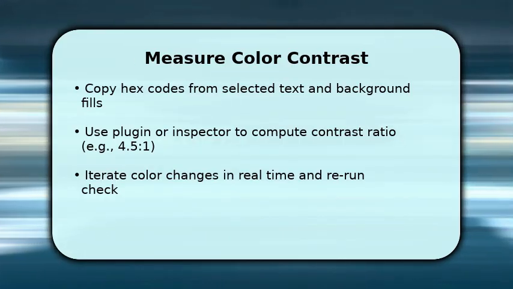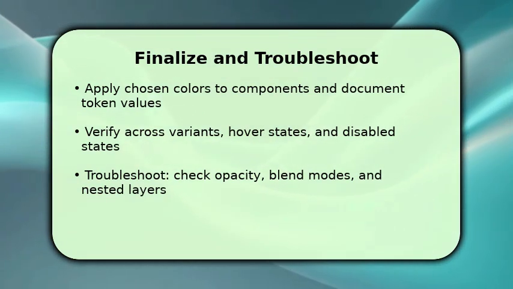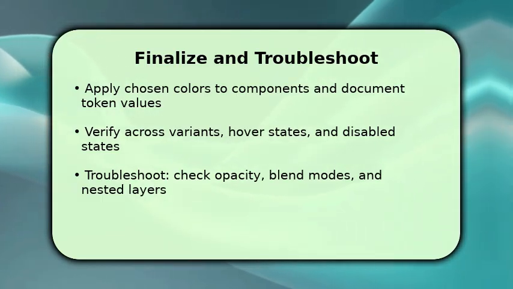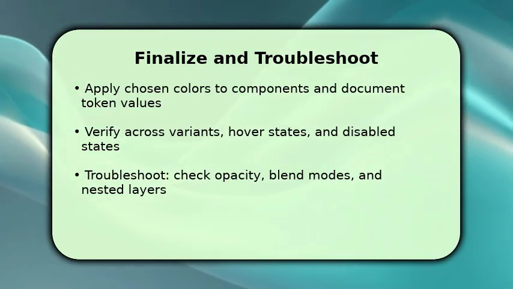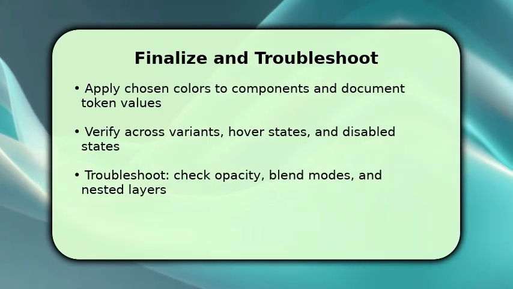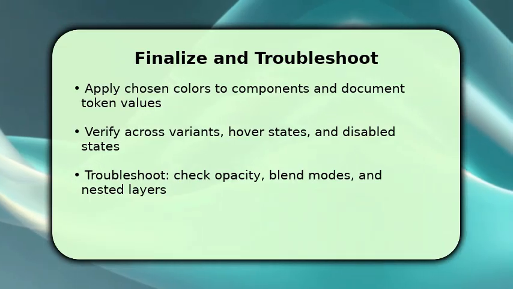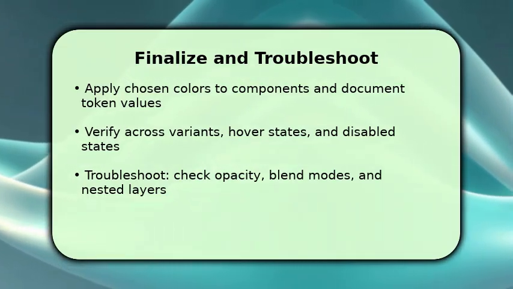Finish by applying the approved color pair to components and save tokens or styles so you don't regress. Then test variants and states, hover, disabled outlines, because altered opacity or overlays can change contrast. If the ratio is unexpectedly low, check for layer opacity, blend modes, or color effects. These often cause wrong readings. Also inspect nested backgrounds or gradients. Isolating a single solid layer usually reveals the